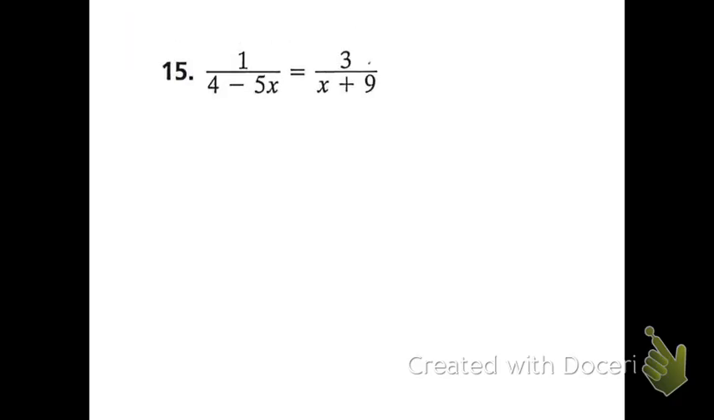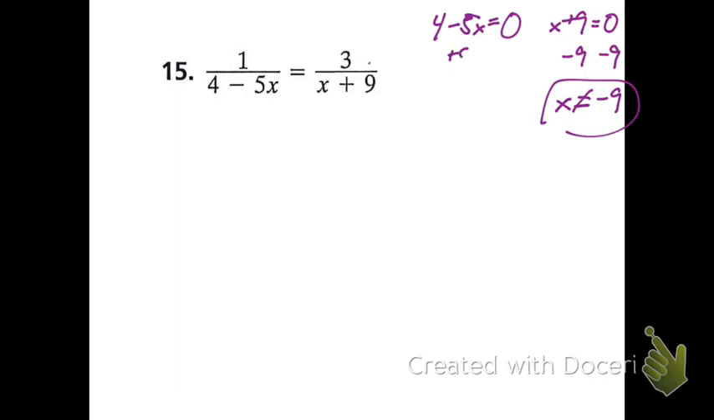Let's go back here. I'll do 15. I'll wrap it up for you guys here now. So I have 4 minus 5x. Talking about my excluded values. Setting it equal to 0, and x plus 9. Setting that equal to 0 as well. Do the easy one first. So x cannot be -9. It can't be. And then if we add 5x to both sides,